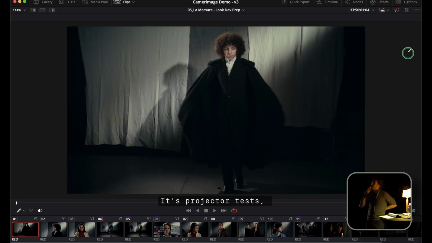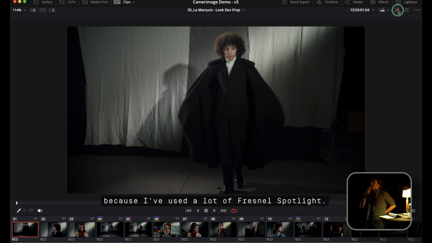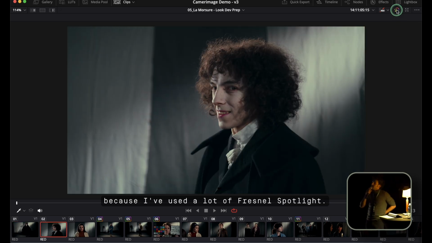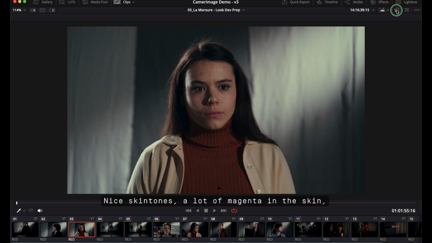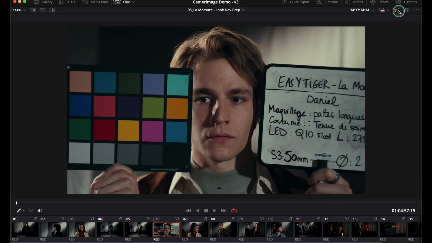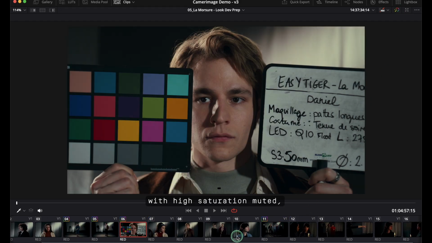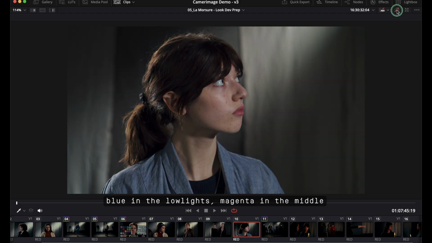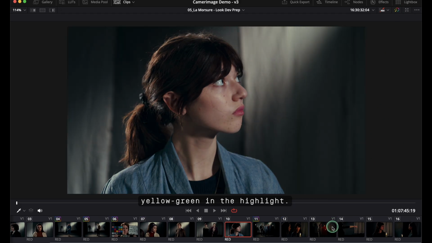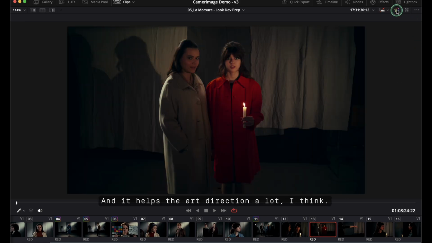It's a projector test because I've used a lot of Fresnel spotlight. So we can see that it had the behavior we were waiting for. It looks quite vintage already. Nice skin tones, a lot of magenta in the skin, like a compressed color palette with high saturation muted, blue in the low lights, magenta in the middle, yellow-green in the highlights,